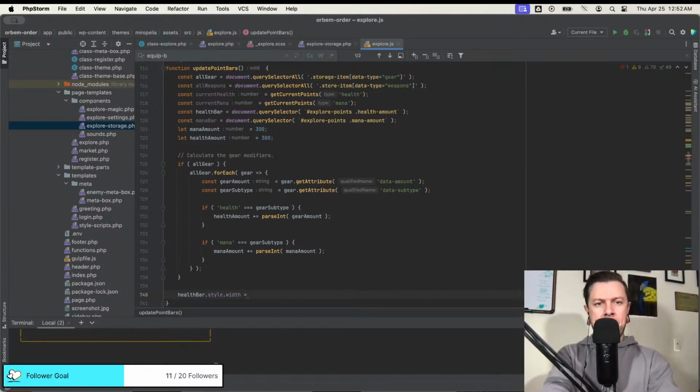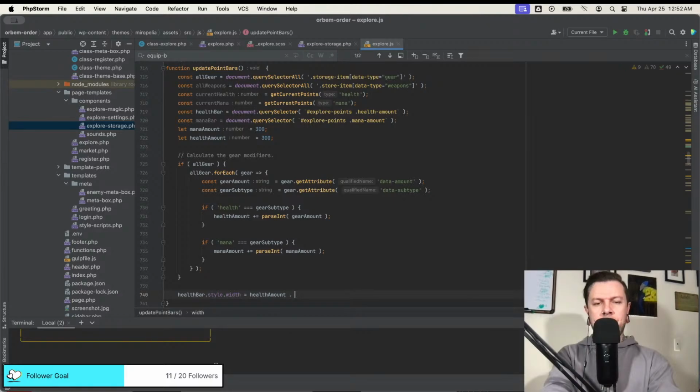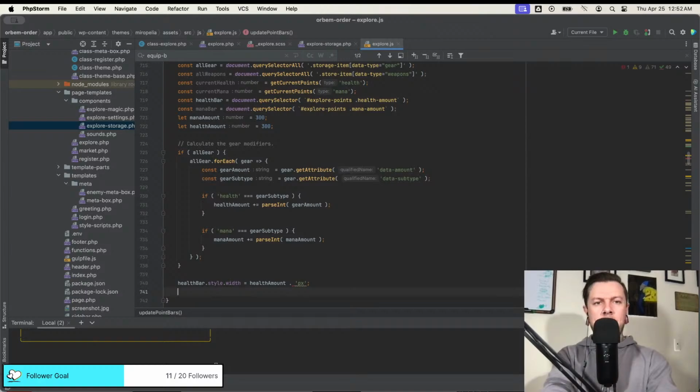Equals the final health amount dot pixels. Same with the mana amount. Width equals mana amount. Oops. I'm switching to PHP joiners.